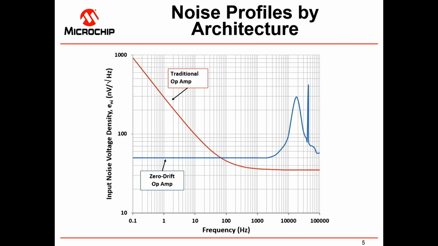So let me start with a traditional amplifier here shown in the red curve. I'm sure many of you are familiar with this. You have essentially two portions. To the left, the slope portion is the 1/f noise. Now that's an intrinsic noise based on process parameters and so forth. And then it flattens out and it becomes the flat band or wideband noise, going up to higher frequencies. So that's a very typical profile. Now, compared to this is a zero drift amplifier. Oh, you know what? Before I get to this, let me mention the 1/f noise rises at a rate of